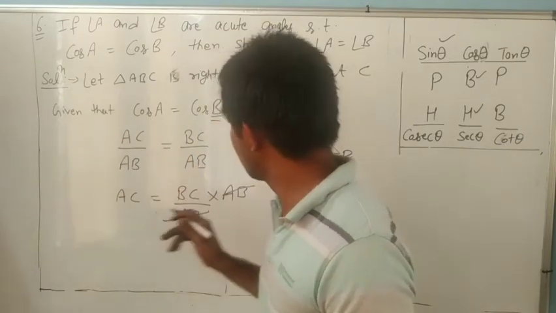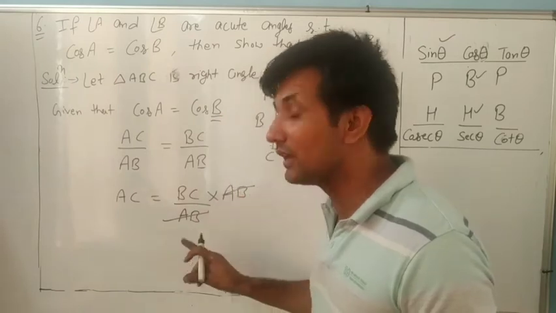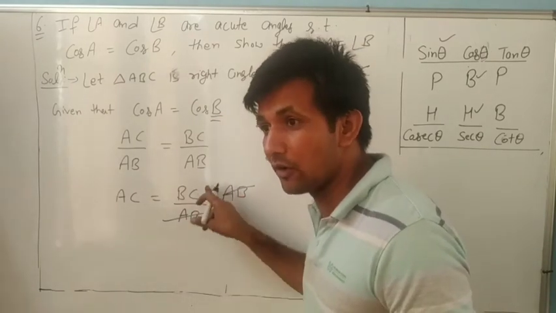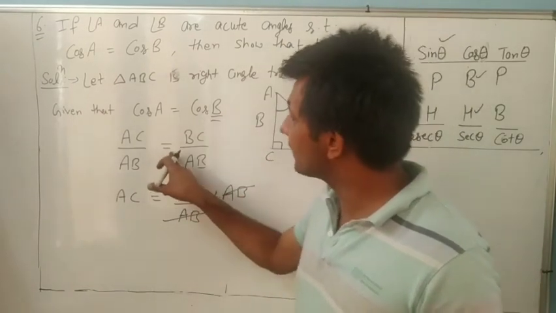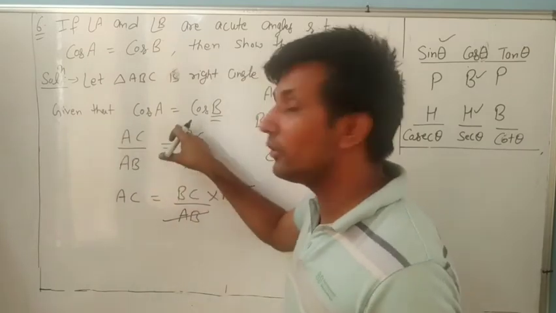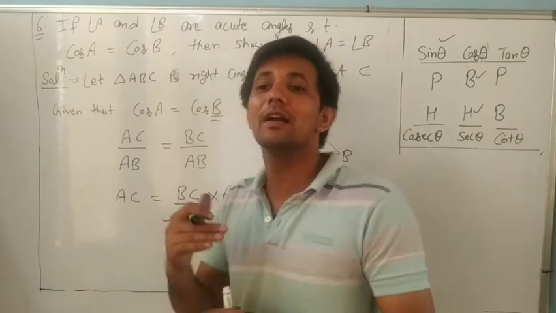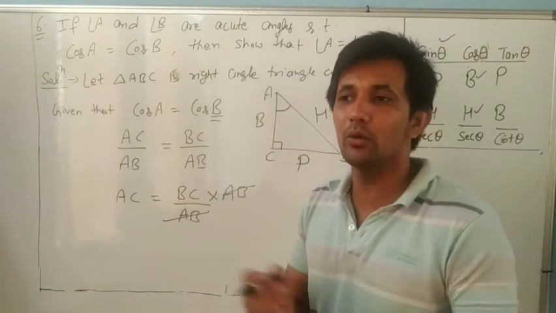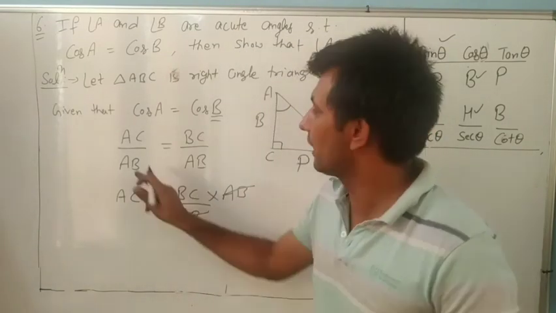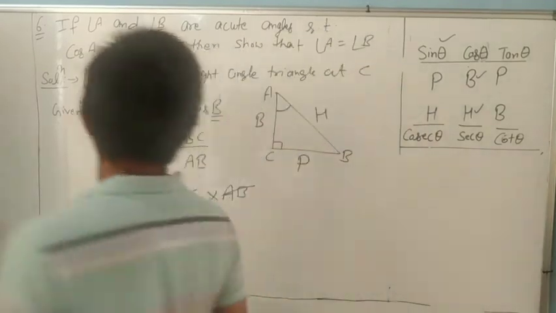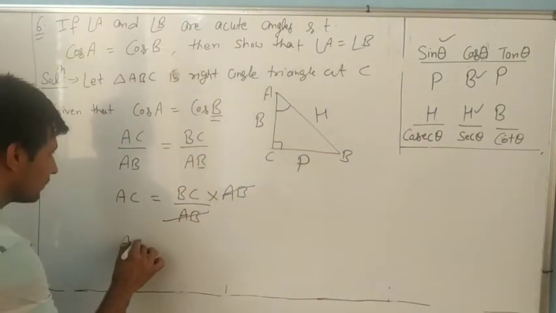But the main method is always to cut numerator and denominator. If there is an equal sign, we can cut numerator to numerator, denominator to denominator. Why? To make the calculation easier, to save time in the exam. AB cancels AB, so directly you can write: therefore, AC equals